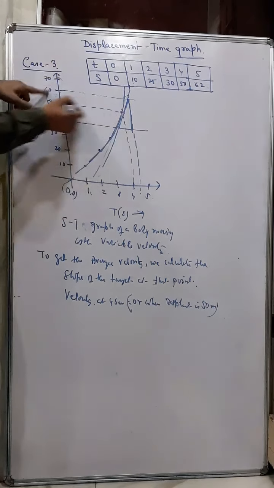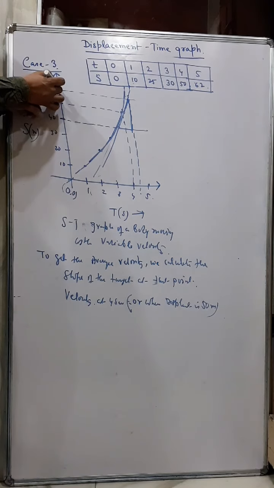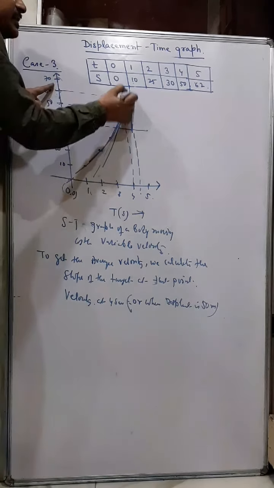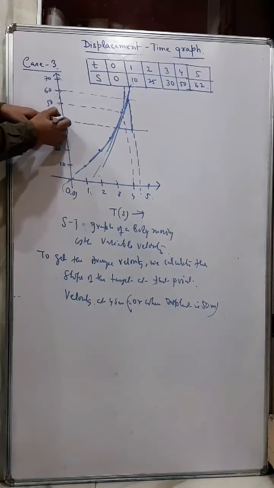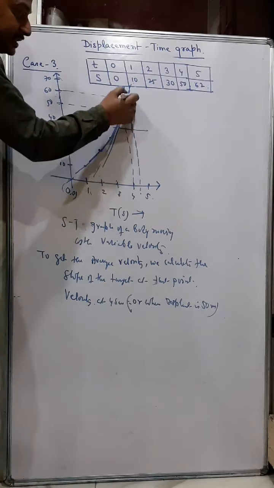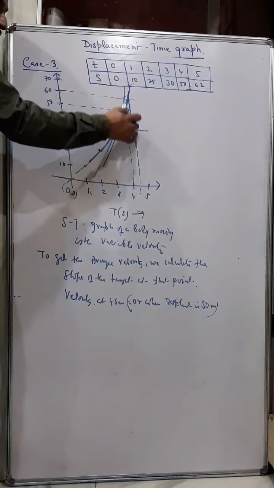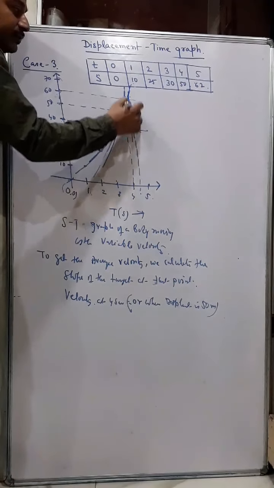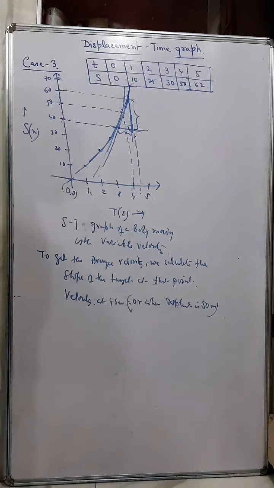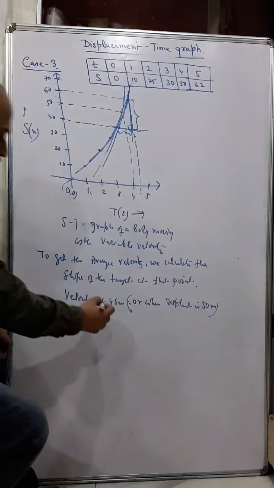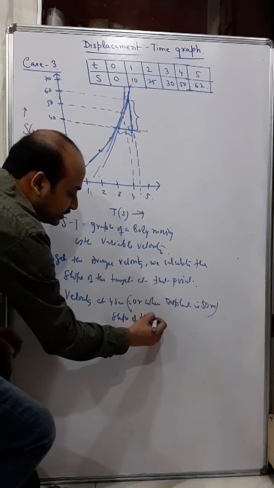At 4 seconds the displacement was 50. So just after that you take the displacement and cut that tangent at this point, and then previous to that, again you cut this tangent at this point, and then you extend this. So you make this triangle like this, and now we will get the slope of this part. So we will get the slope of the tangent.